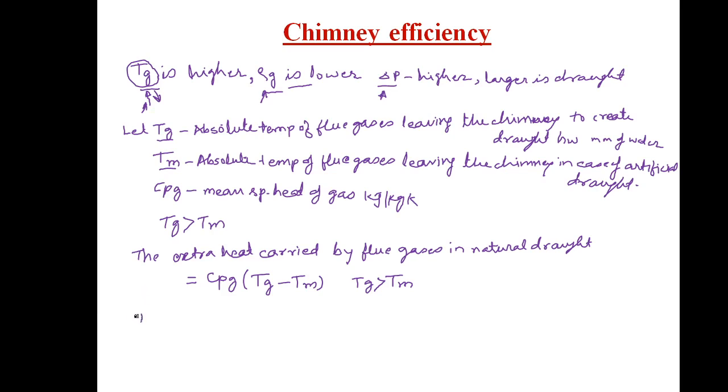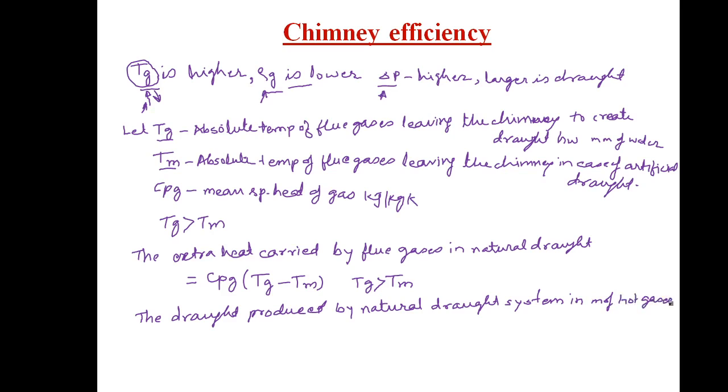So the draught produced by natural draught system in meters of hot gases column is given by, already we have derived this equation, Hg is equal to H